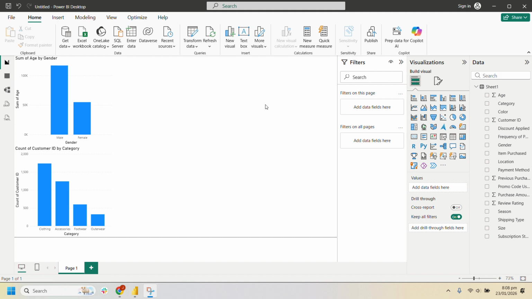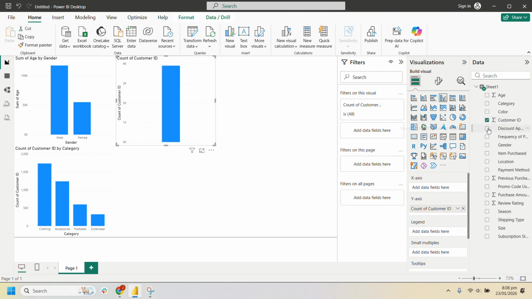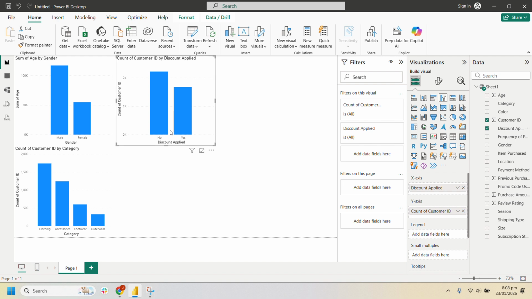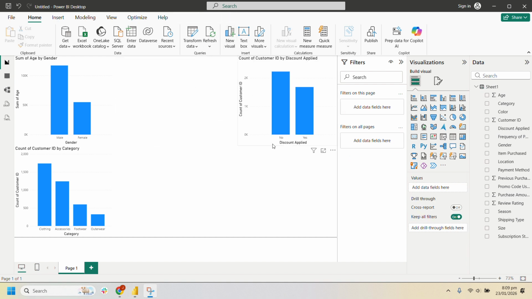In the next segment we will analyze how many customers apply when they offer a discount. Firstly we will choose the customer ID and then the discount applied. In this graph they show that when you apply the discount rate, the total customers are 2223, which is a lower percentage as compared to the other. So after that our next segment is to